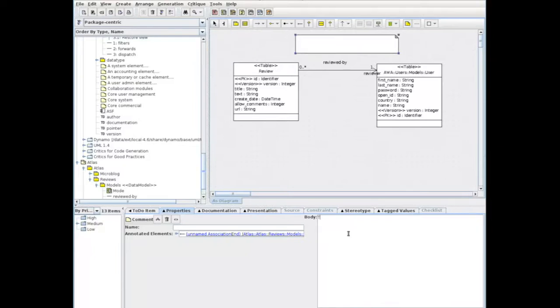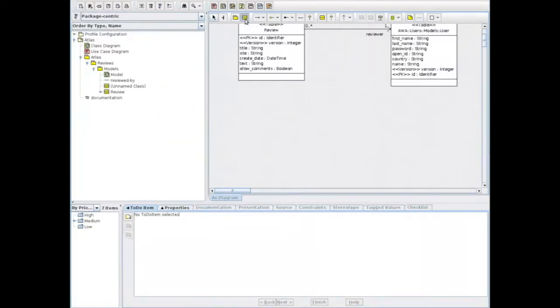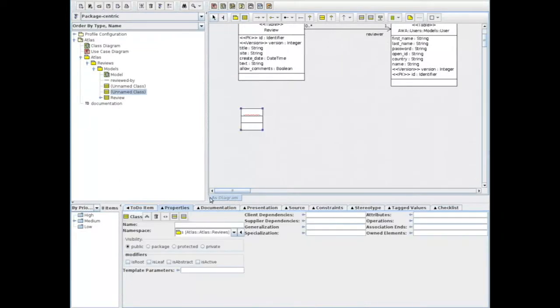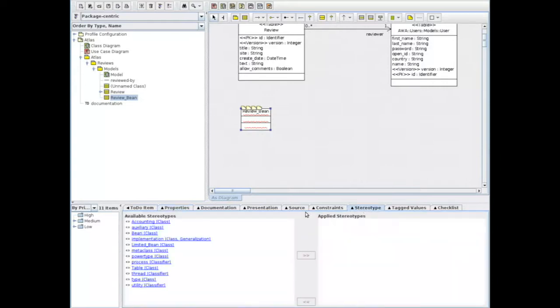We can also add some UML notes and associate them with our class. For the Ada bean, we create a review bean class and give it the bean stereotype.